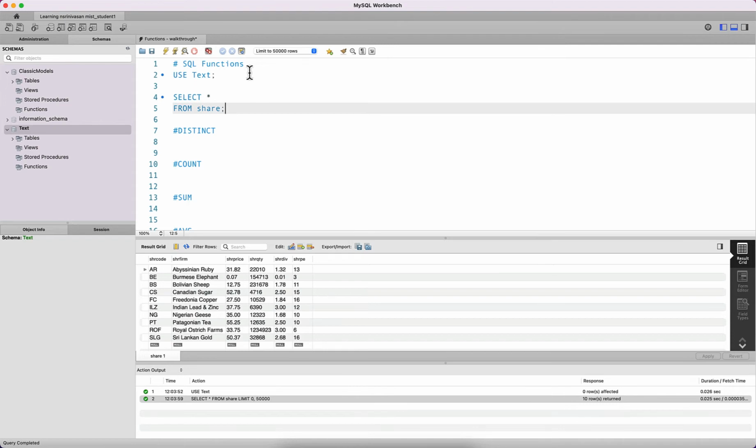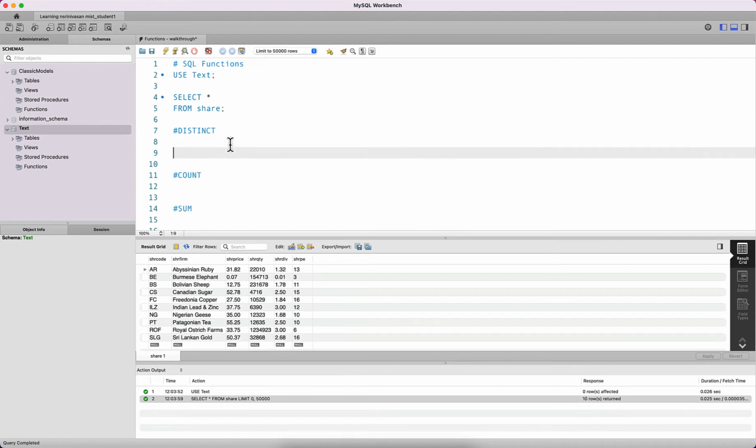The distinct operation allows us to get distinct values that might be present in a column. Specifically, the distinct keyword allows us to remove duplicate values that might be present in a column as the result of a query. For instance, take a look at the column SHRPE. This column has different values of share price to earnings ratio. Some of these values are duplicated. The distinct clause, when used on SHRPE, like this,